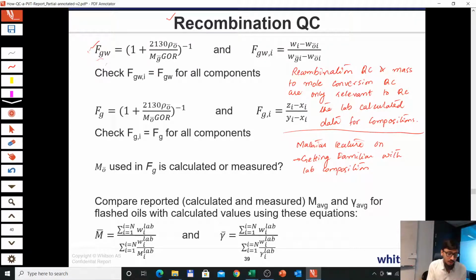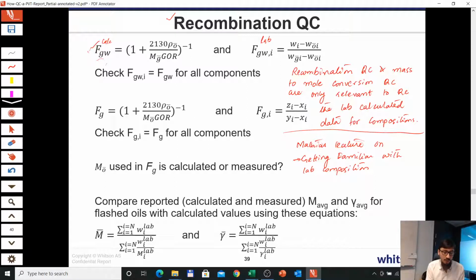And then we can also calculate it from the lab reported compositions. So this would be what the lab has used, and this would be a calculated value for us. And then we just compare: is the FGW calculated from this information, GOR, gas molecular weight, oil density,